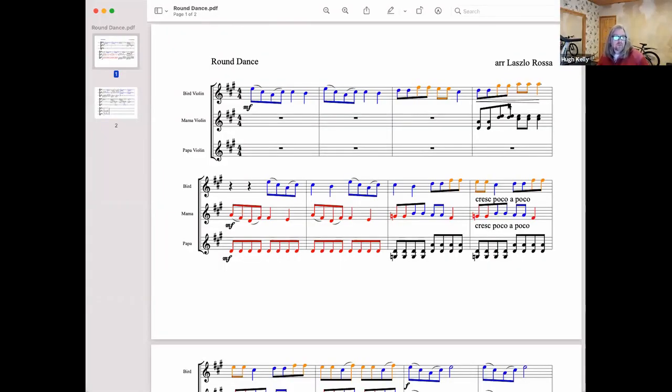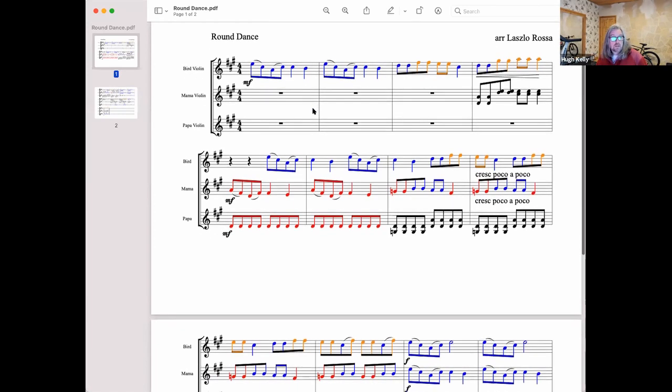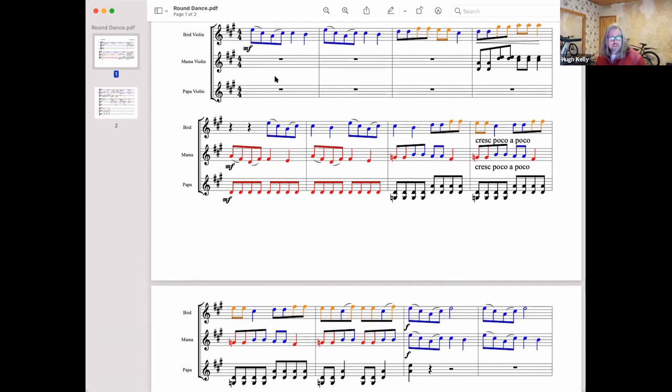I have made these. So this is an example of using the colors here that we do. So the children, this is a canon, and it's a canon at the 5th, which is quite interesting because again it produces quite strident harmonies, and the children really have to work quite hard to play and to maintain their parts, because the melodies, while they're the same, and the logic of the piece eventually becomes apparent,